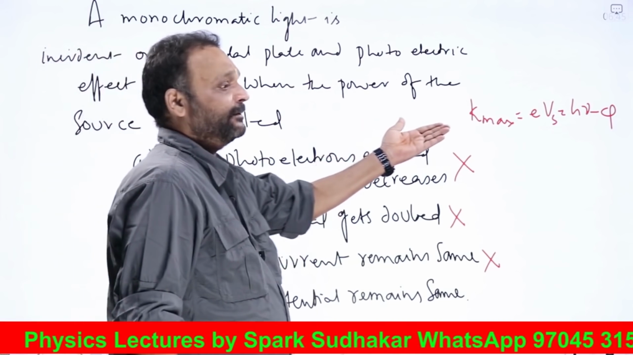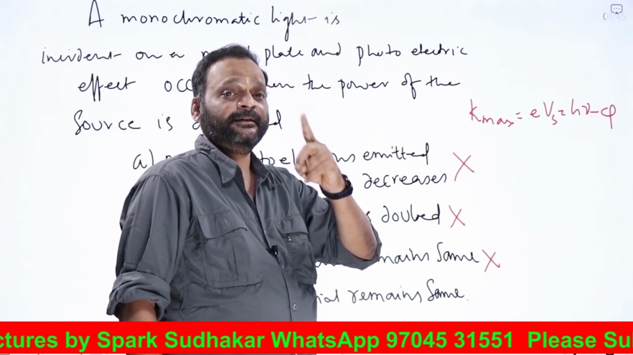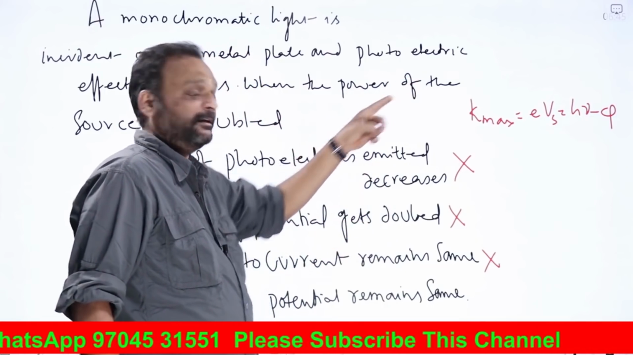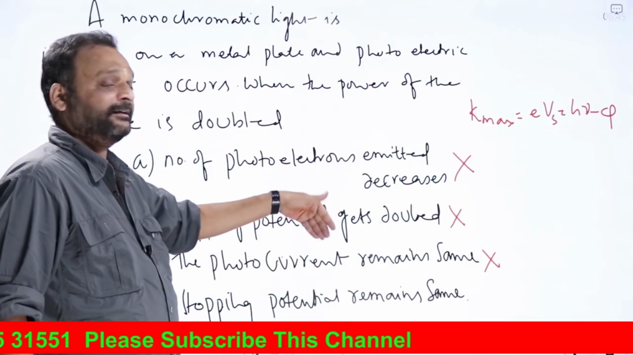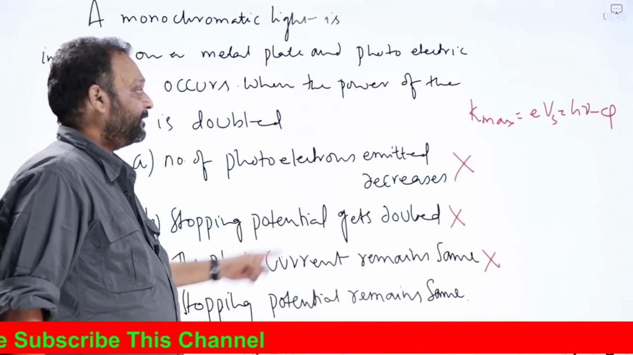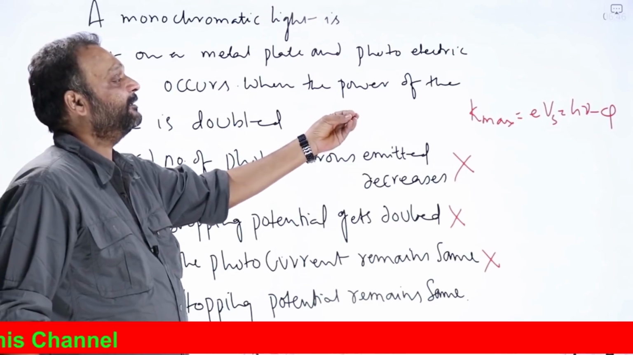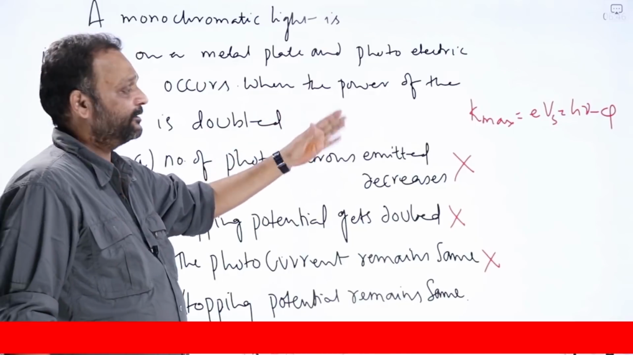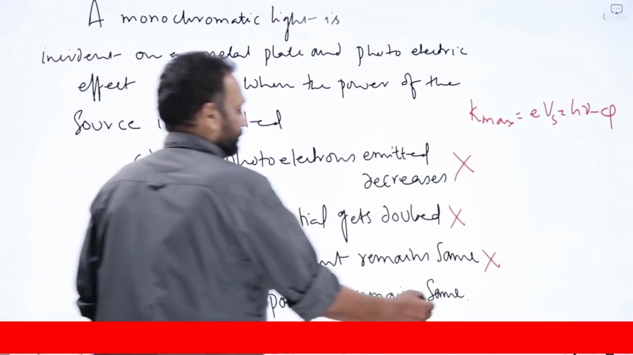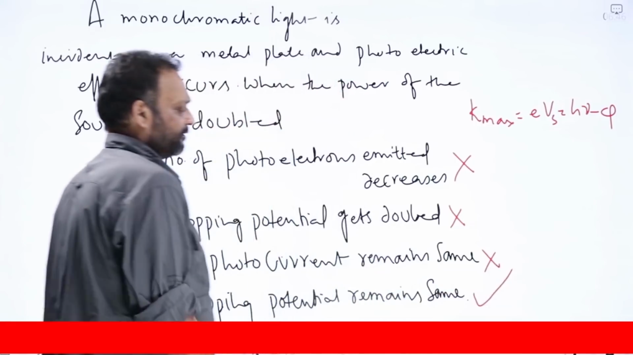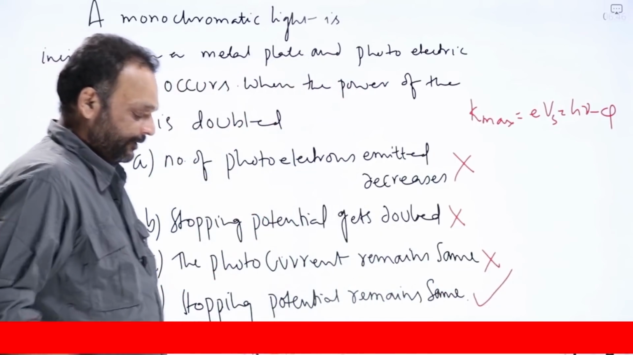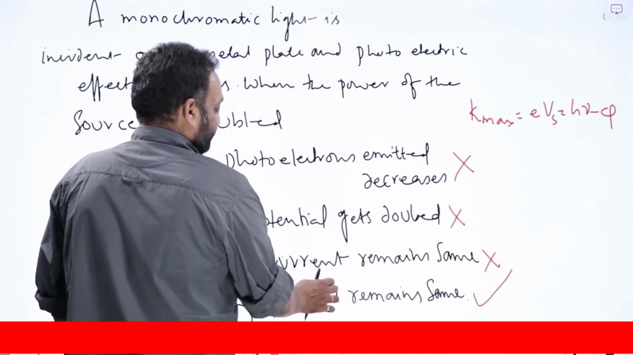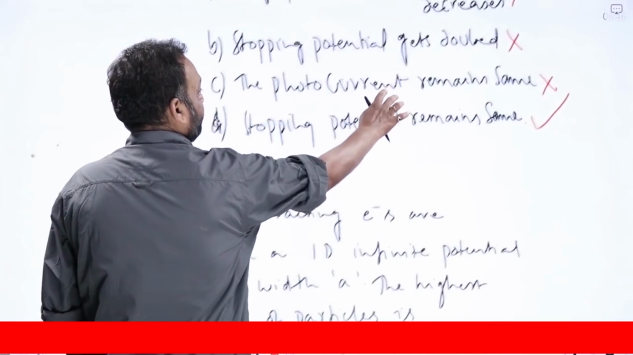Stopping potential is not affected by the intensity. Stopping potential is affected by the frequency of incident light. If the frequency of incident light is doubled, then stopping potential will increase. Here the frequency is not affected. We are simply increasing the power of the source, doubling it, which means intensity is getting doubled. So stopping potential remains same. So this is our option. Straightforward, simple question. Now we'll go to another question which has appeared in the same 2020